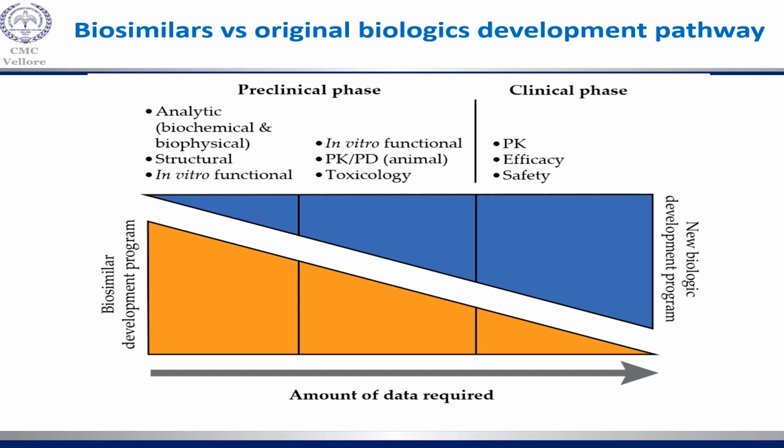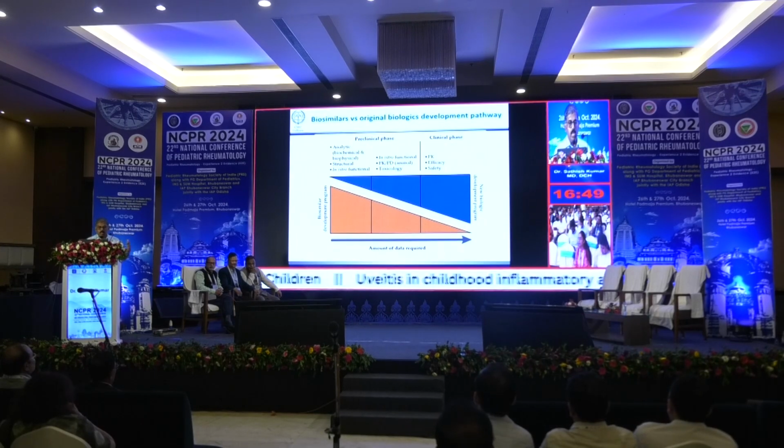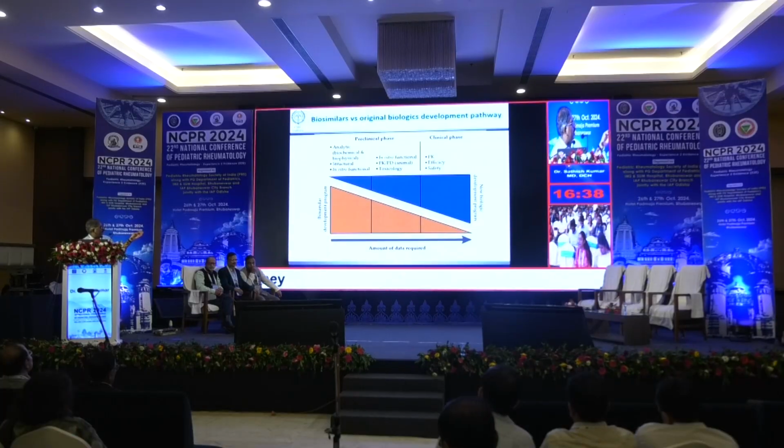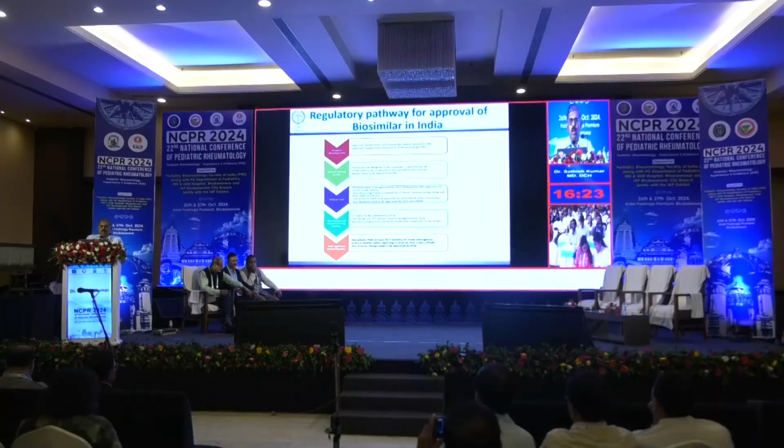So when you look at the developmental pathway for biosimilars, shown down in the orange one, you can see a lot goes into the initial production part. Then in the pharmacokinetics part and the efficacy part, they don't need a big study like the original innovator molecules. They should have a comparative study to show that it is equal. That's what they say. And don't think biosimilars are duplicate molecules or not the original one, it's not like that.